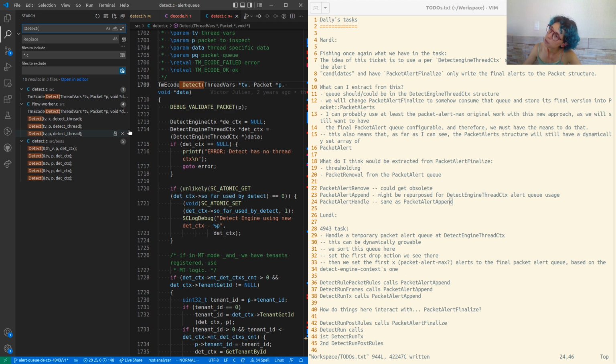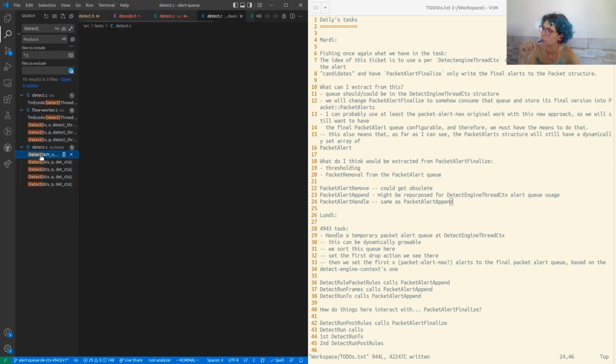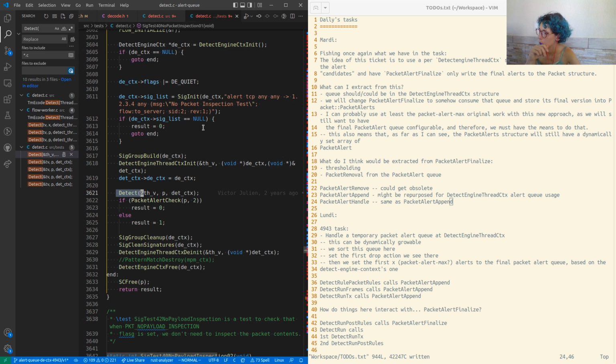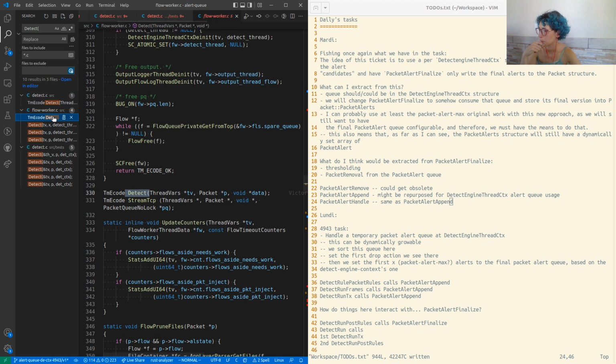Oh, it's for tests. Is this something related to our fuzzers? Oh. Then what? Then everything happens from within the flow worker, I guess.